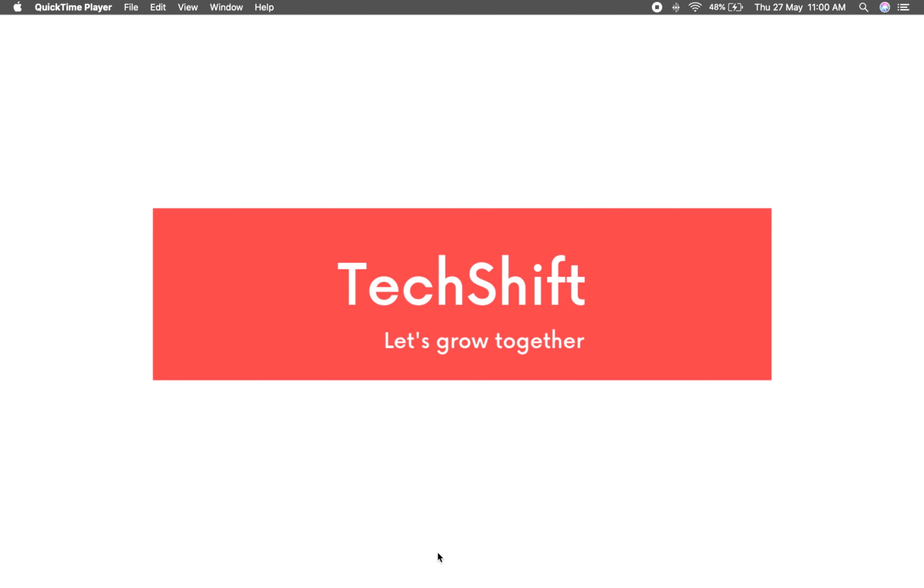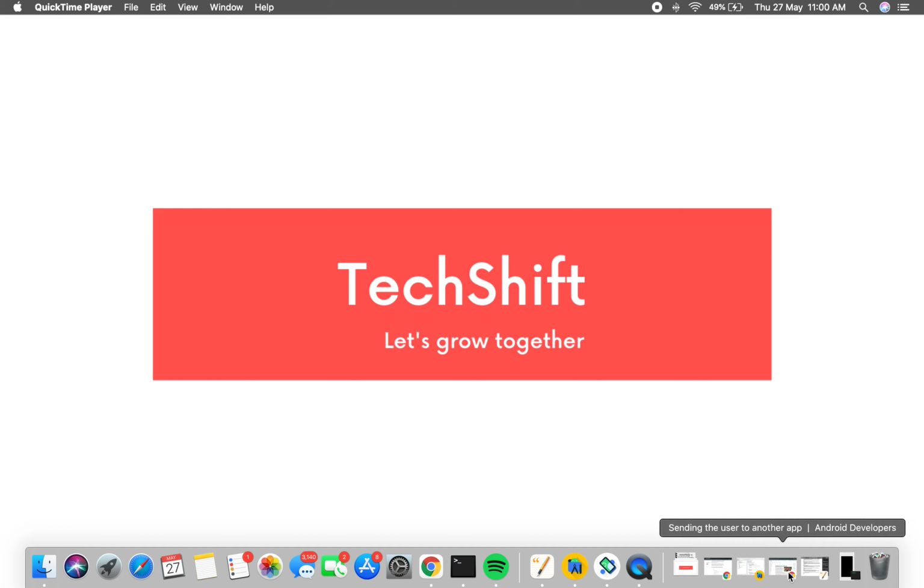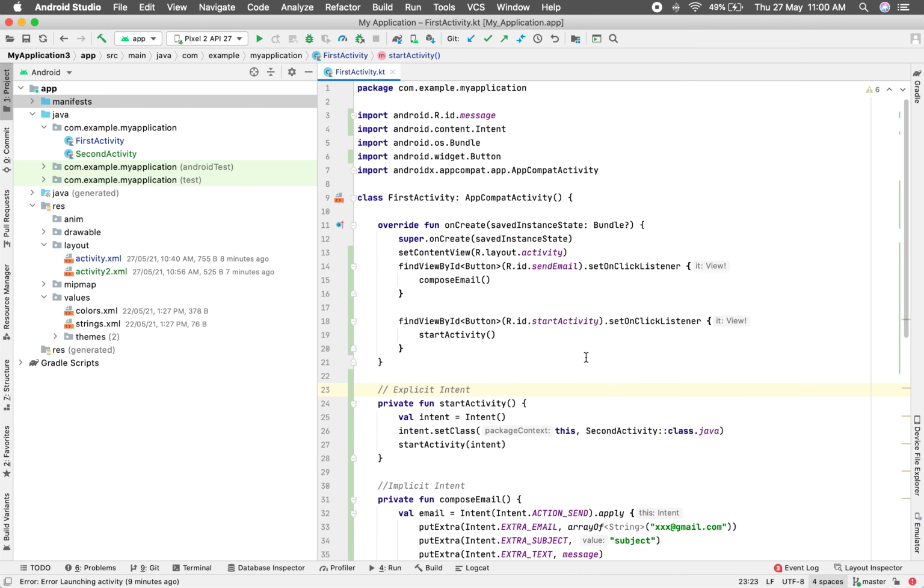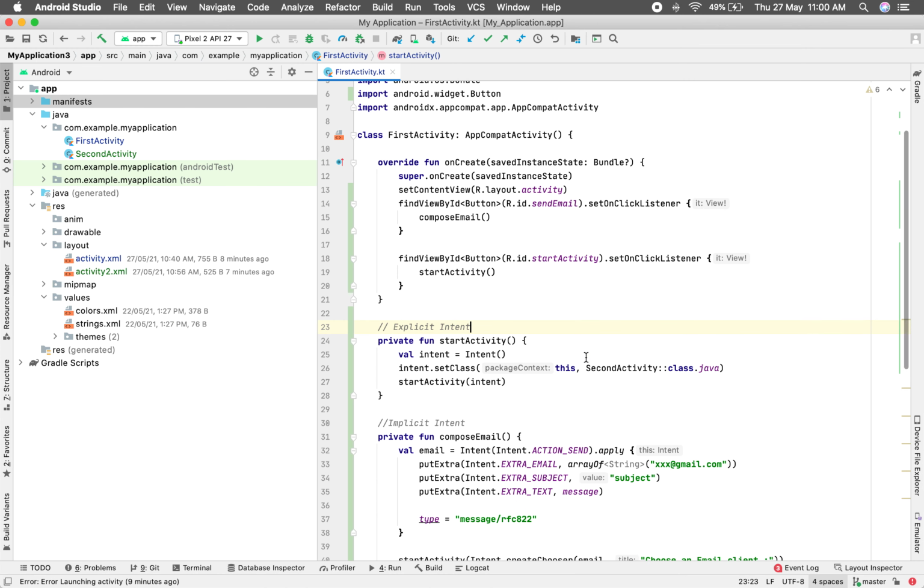In this session, we will discuss Android intents in depth. I will be explaining how to use intents in the activity, what their use cases are, and the different ways to initialize an intent. Okay, so let's jump into Android Studio. I have already written some of the code for you so that you can easily jump into the different sections which we are going to talk about here.